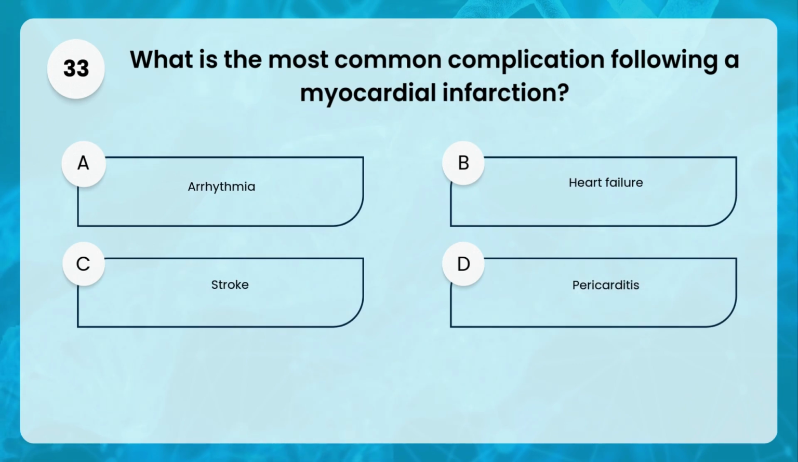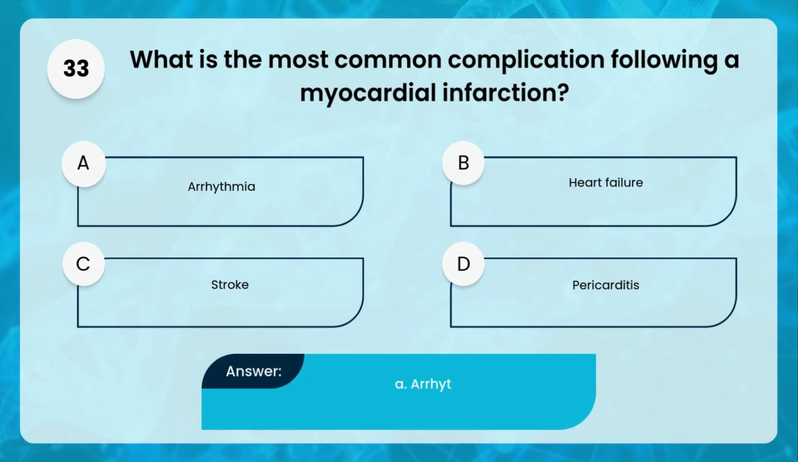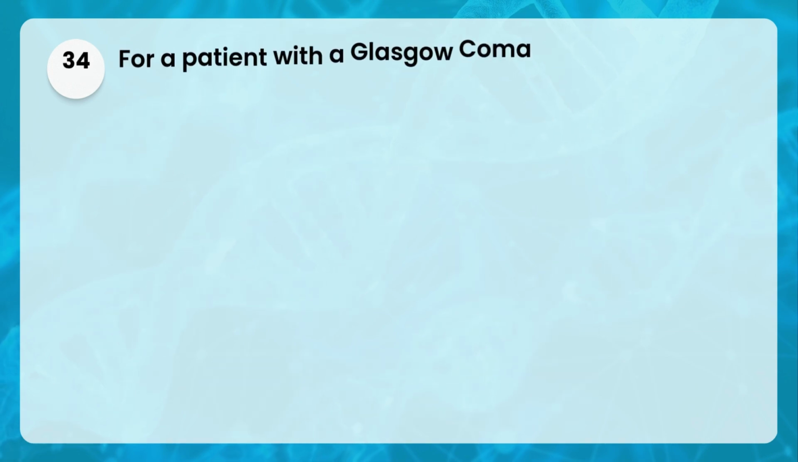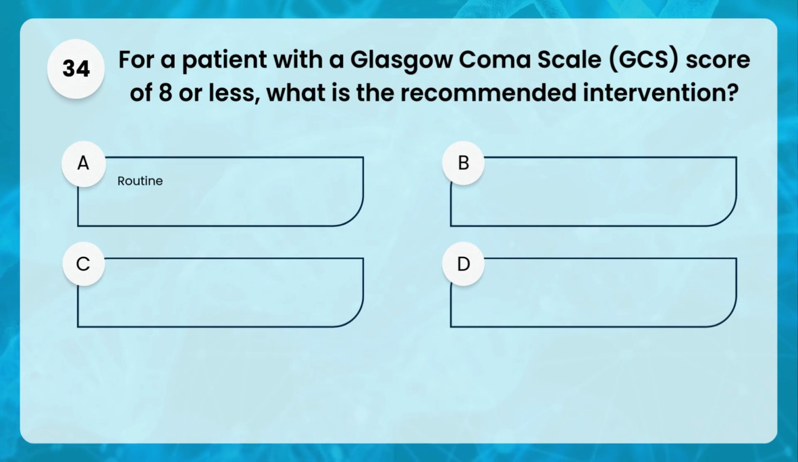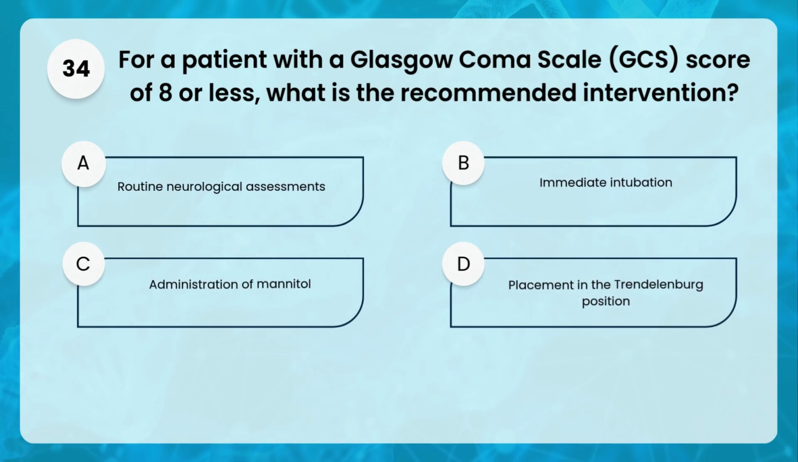C. Stroke, D. Pericarditis. The answer is A. Arrhythmia. 34. For a patient with a Glasgow Coma Scale, GCS, score of 8 or less, what is the recommended